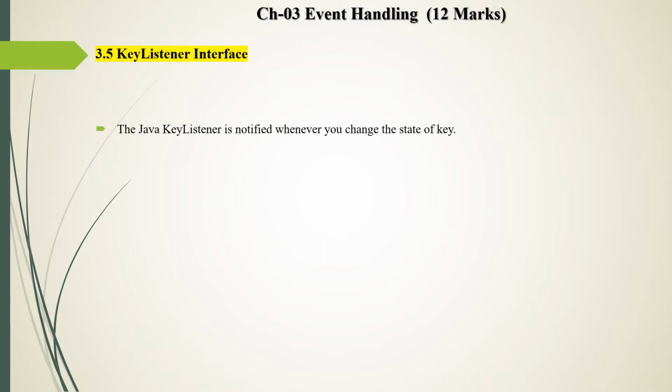Some keys type something on your board or your notepad, and that key method is key type. Some are only modifiers like shift key, caps lock key, tab key, which do not type anything on your screen. And the third method is release. So there are three types of event, and every type has one method: key type, key release and key pressed.